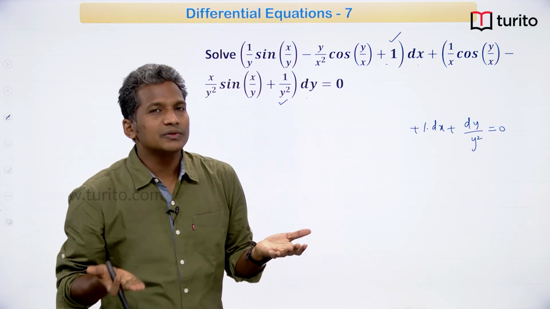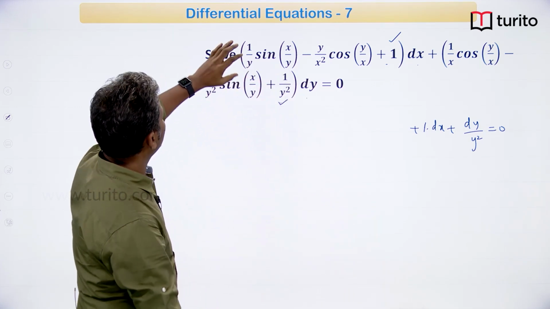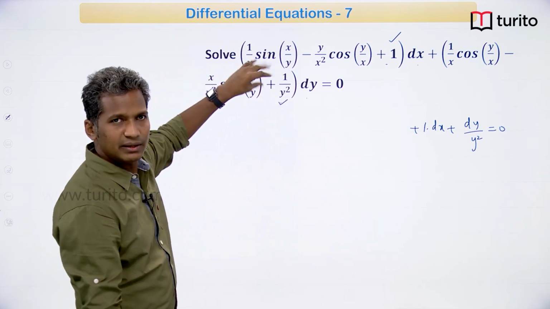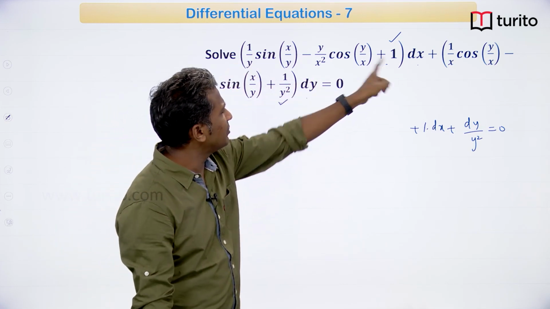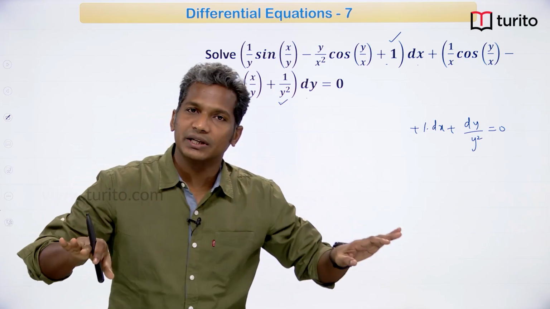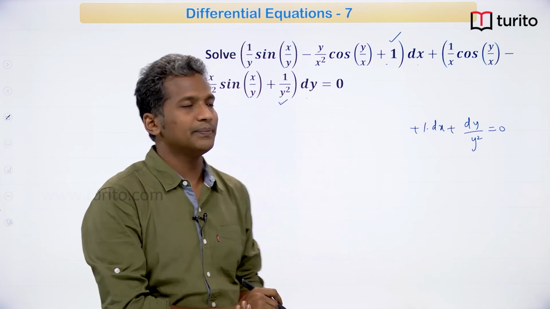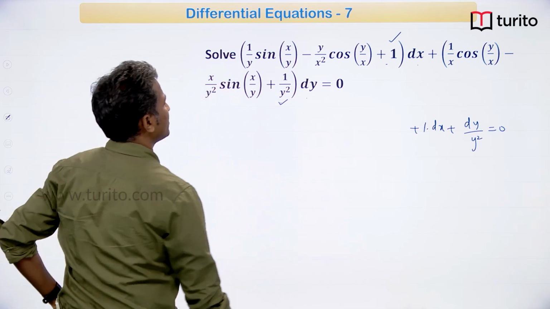There are some terms with x by y, there are some terms with y by x. But if you observe, x by y is coming with only the sine function and y by x is coming only with the cosine. So let us separate sine and cosine and then try to see if they can be integrated separately. If I take sine of x by y common,